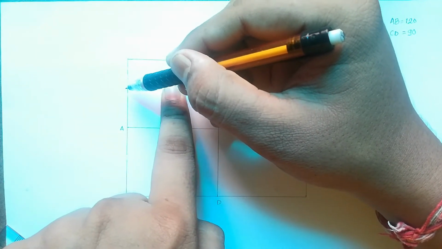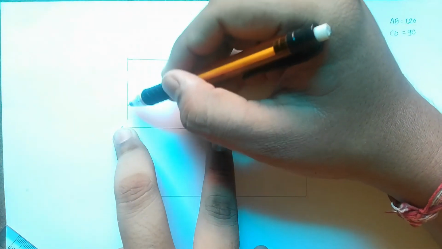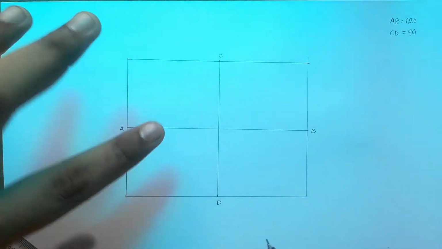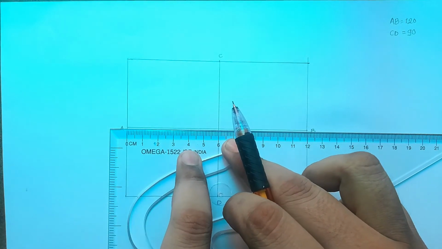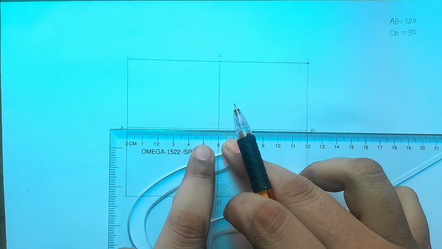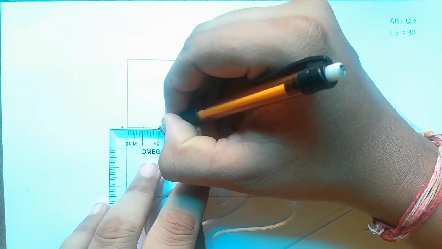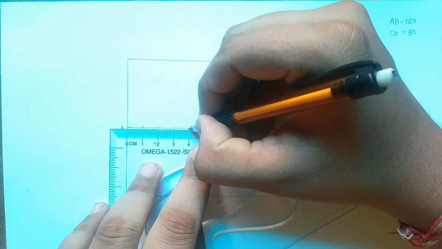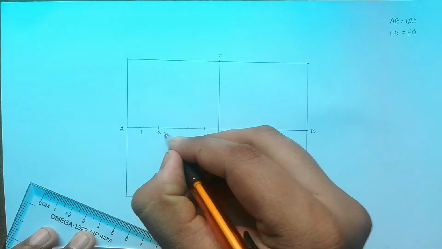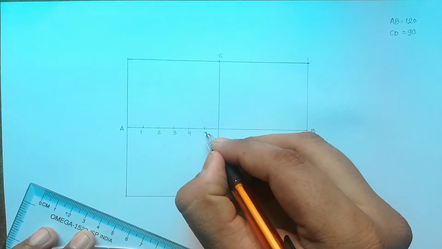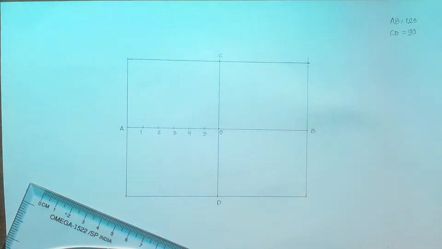In that case, I will also divide the major axis that is connected with this vertical line into 6 equal divisions. Mindset clear? Over here, as you can observe, this is a 6 centimeter long line, or say 60 mm long line, so I can easily make 6 divisions of this one. So I will divide the whole section into 6 divisions: 1, 2, 3, 4, 5, and this is the 6th. Let me give this point the label O.